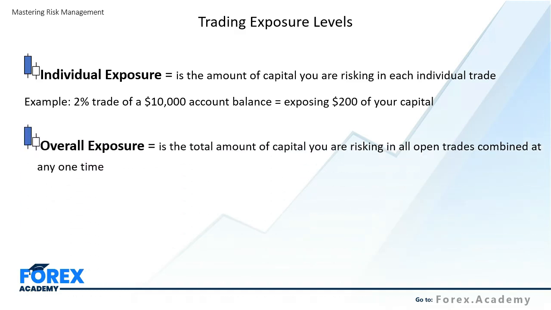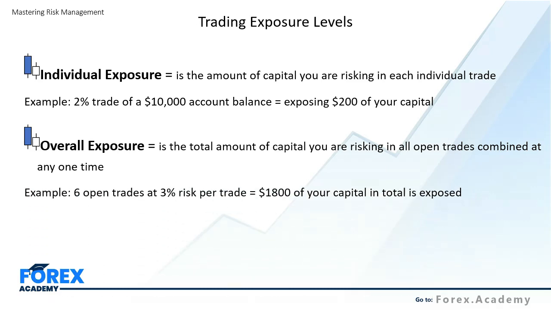Now, where things become a little bit more difficult is with regards to overall exposure levels. So now this is the total amount of capital you are risking in all open trades combined at any one time. So let me give you a good example. Let's just say we happen to be trading 6 open trades, and we happen to be risking approximately 3% per trade. So what that means, and if all of those 6 trades are open at the same time and you're still exposed to that amount of risk, what it means is you're effectively risking $1,800 US of your 10,000 account balance